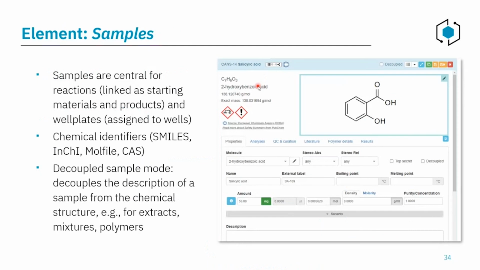Samples. So this is the overview that you have for samples. You can enter various things. You can give it names. You can give it an external label. You can say what the amount is. And you have your chemical identifiers, SMILES, InChI, Molfile, CAS. And the neat thing here is